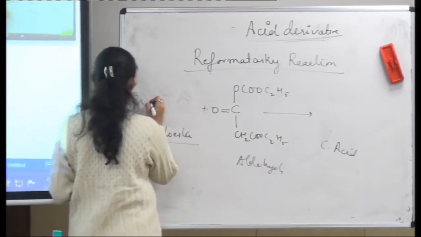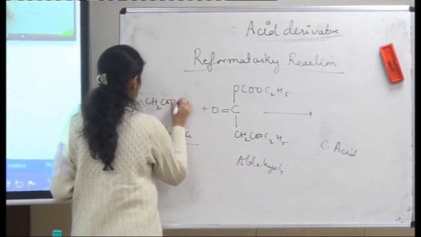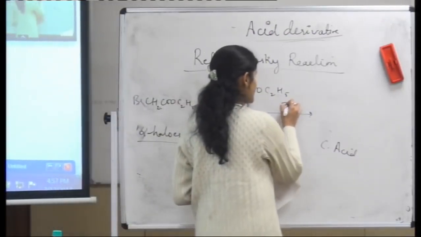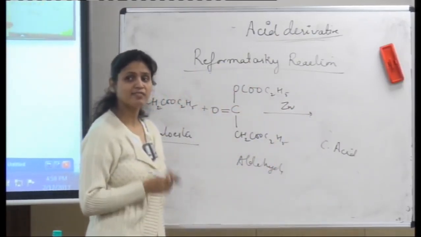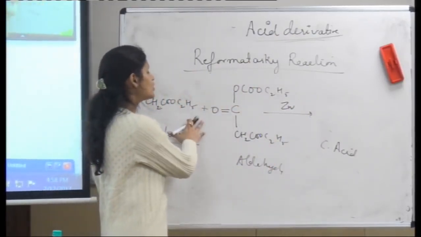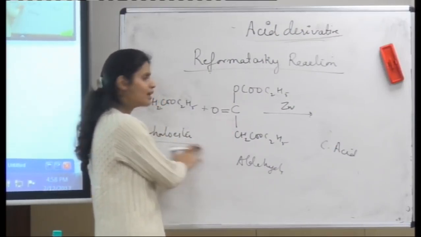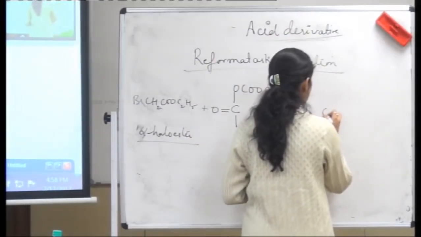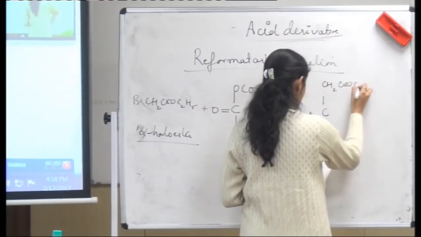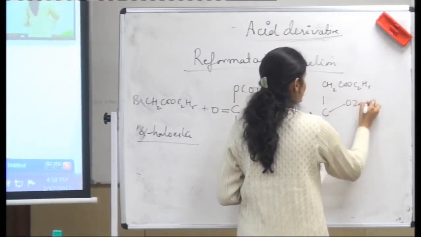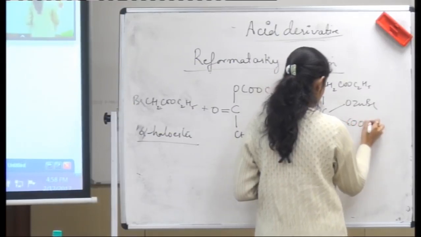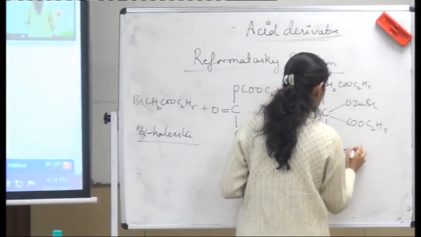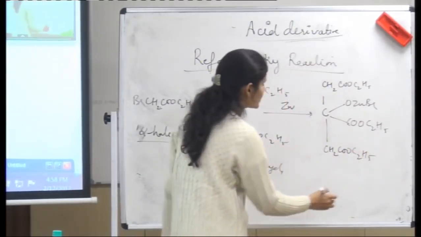Suppose I am taking ethyl bromoacetate, BrCH2COOC2H5, right? In presence of zinc. This is a name reaction again, very important from the exam point of view. Whenever you react an aldehyde or a ketone with the alpha halo ester in presence of zinc, what you will get is a carboxylic acid derivative, with CH2COOC2H5 and OZnBr. This kind of reaction will be helpful when you are solving questions to deduce the structure of a compound.